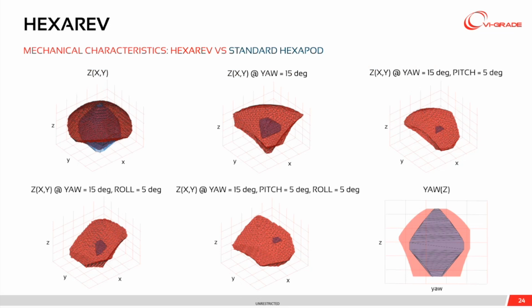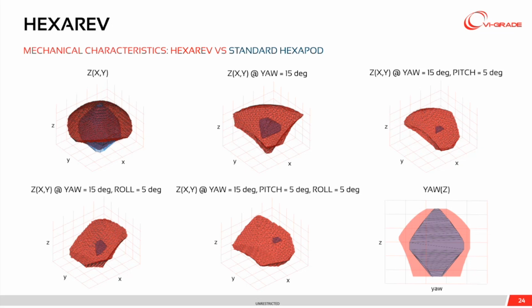To show what I am talking about, these are some images that clearly show the motion envelope compared to a standard hexapod. So in red, you can see the motion envelope in 3 dimensions for the HexaRev compared to the blue motion envelope of a standard hexapod. There are 6 different images. 5 of them are 3D plots. So the first one, as an example, is the capability of the HexaRev of